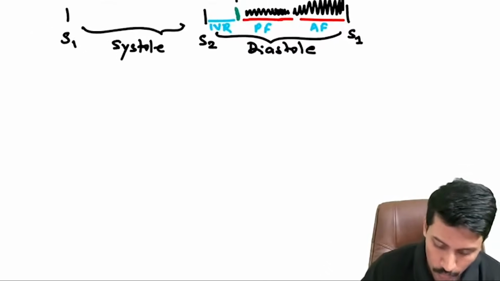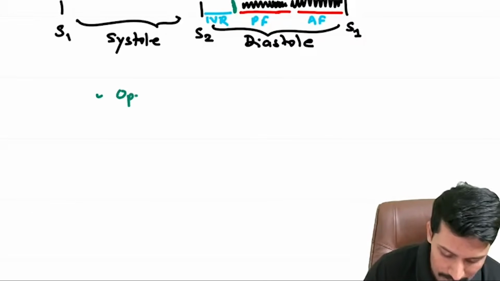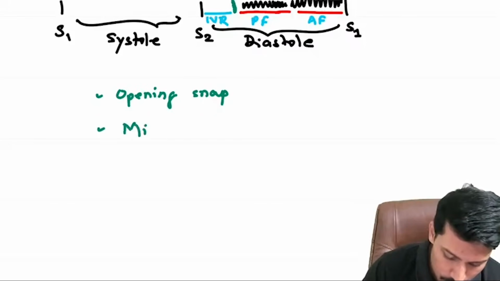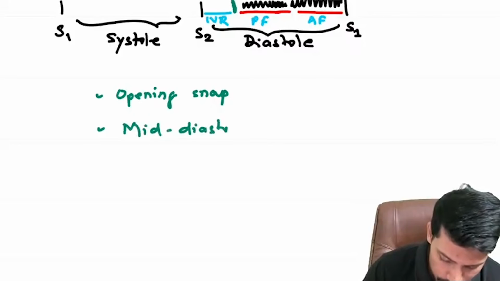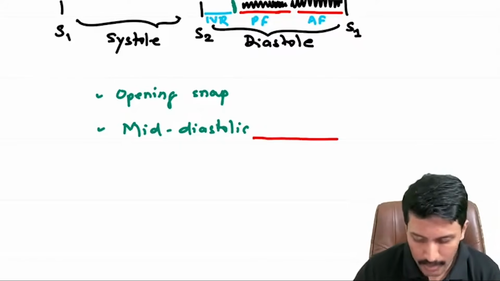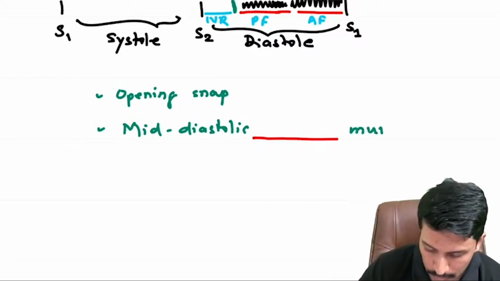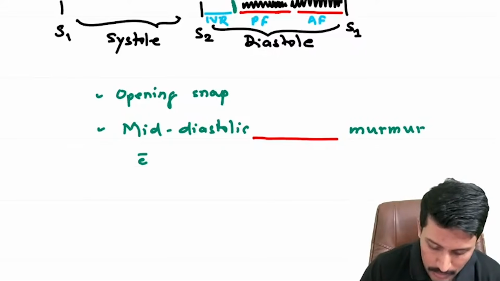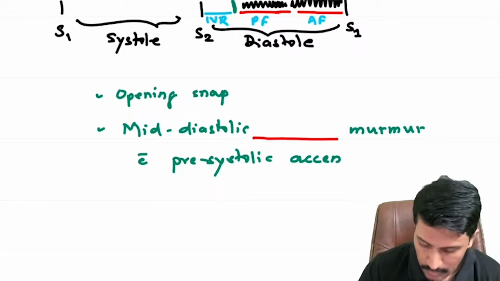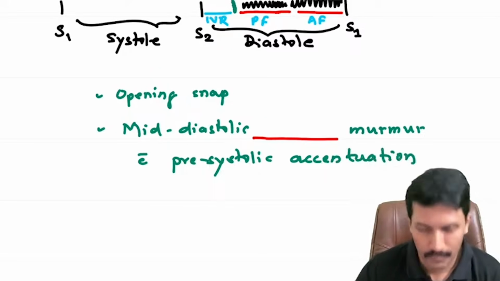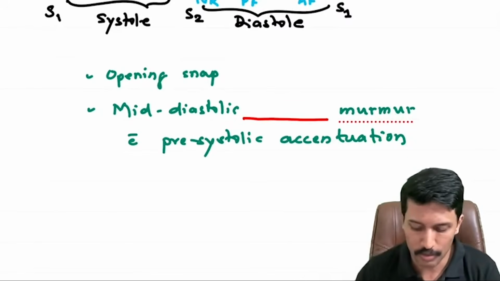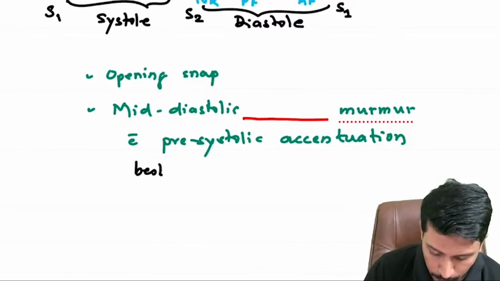So on auscultation, we are getting an opening snap and we are getting a mid-diastolic murmur with presystolic accentuation. I'm just leaving a little space to fill a word. I'll come back to that. Presystolic accentuation: the increase in the intensity in the active filling phase, or just before the systole starts, is called presystolic accentuation. Best heard